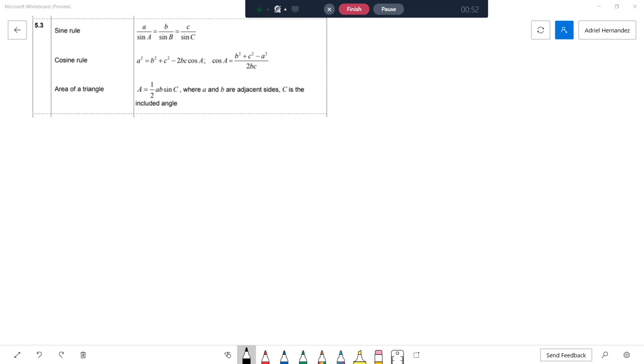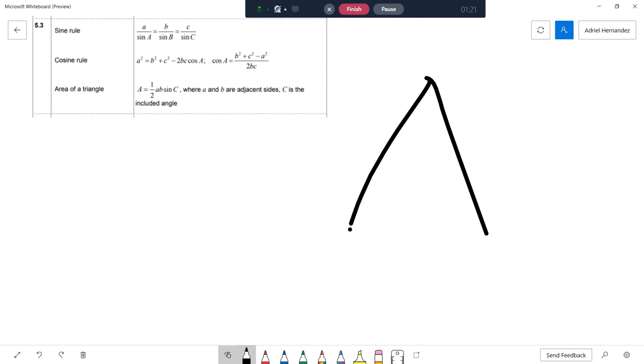But so I'm gonna start off by showing you guys some sine law, and typically sine law is going to be used for, oh yeah, bear with me, I'm using this new program. I don't really know how it works, so hopefully this works and I don't mess it up. But so sine law is pretty much going to be used when you know,